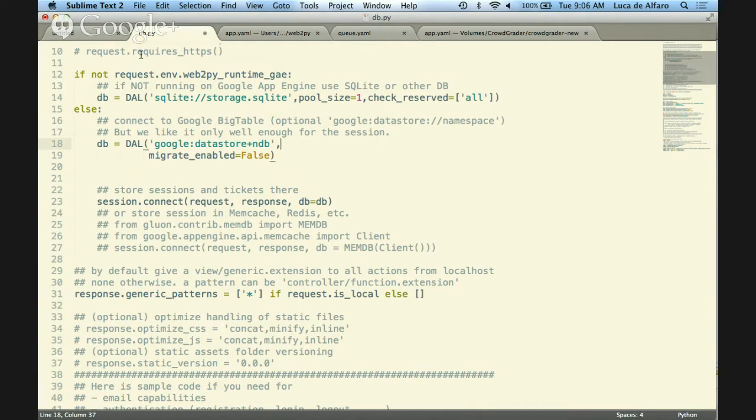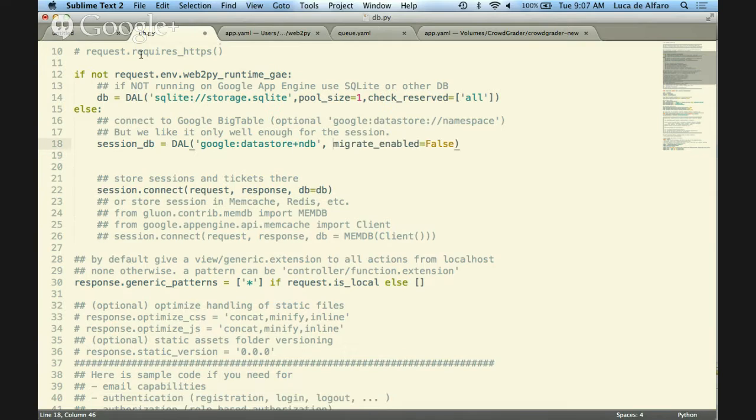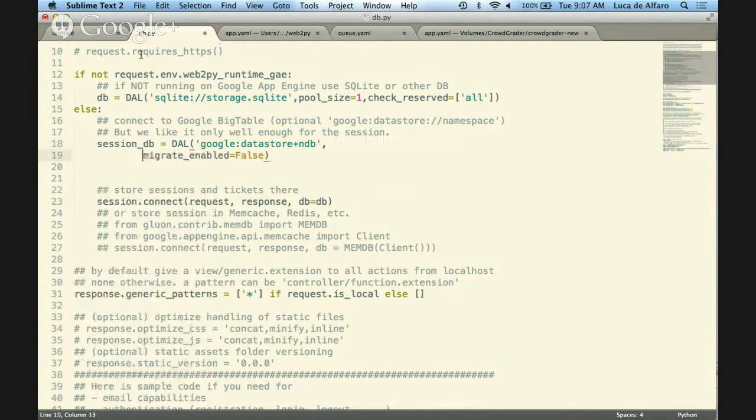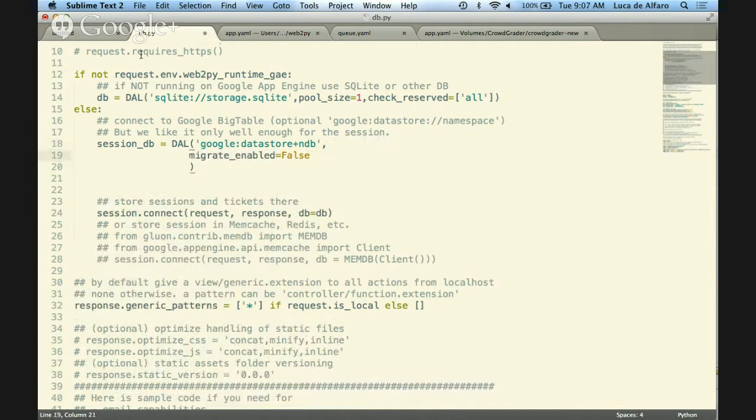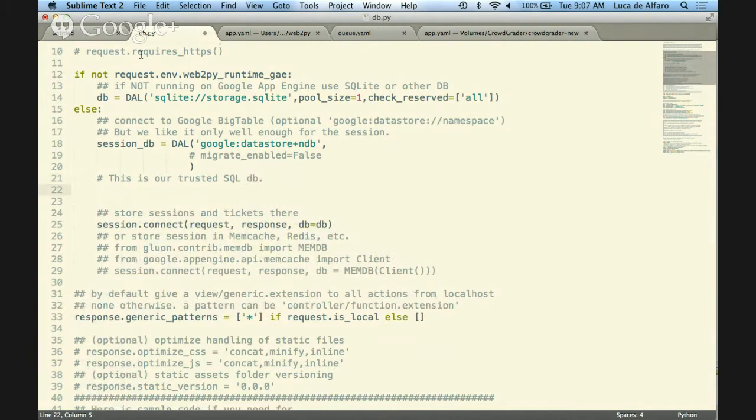So I rename these and I say session database is equal to this. And this migrate enabled is equal to false. This I would do once in production, but for the moment I comment it out. And then I say this is our trusted SQL DB.